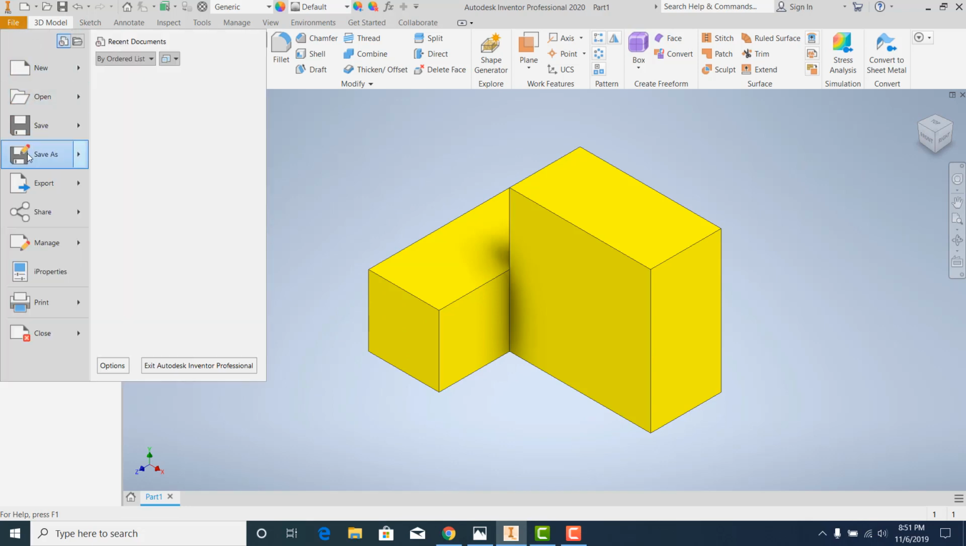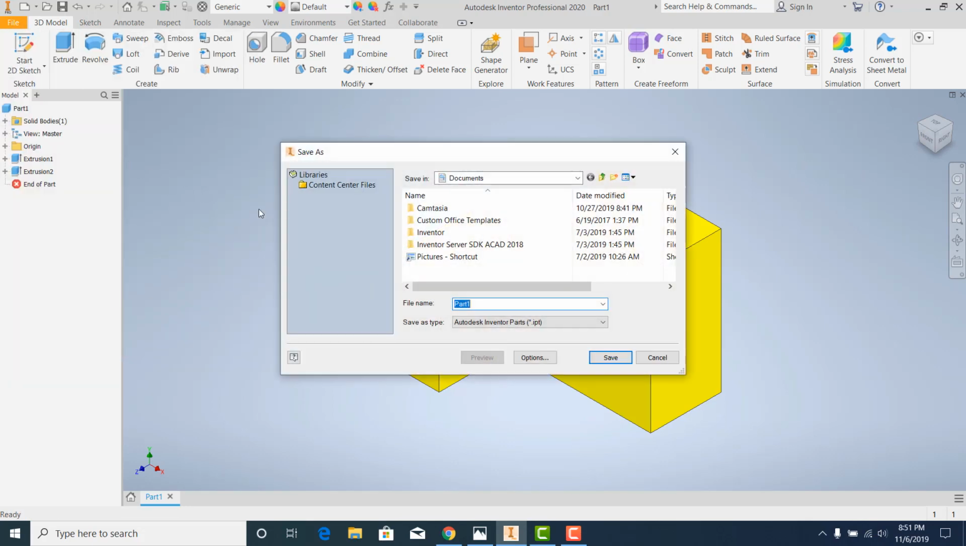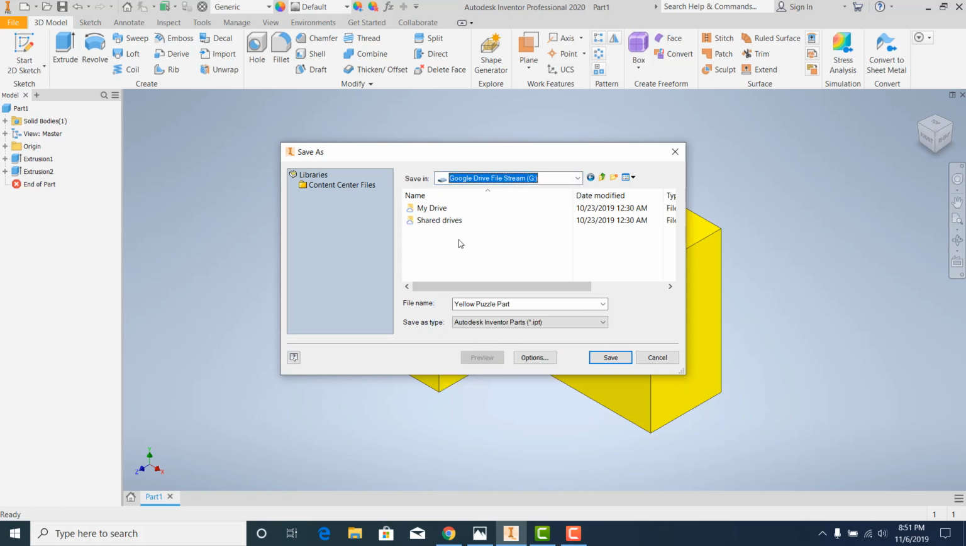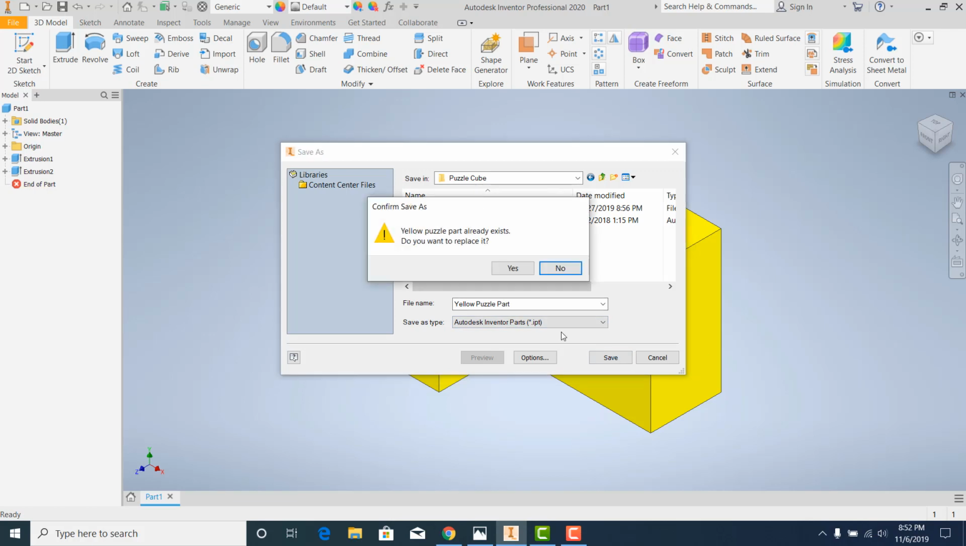So I'm going to go to File, Save As. At this point, you should have your Google file stream already downloaded onto your computer. I'm going to change this to yellow puzzle part, and I'm going to save it to my Google Drive file stream, my drive, and then you should have a design processes folder, and this is the puzzle cube project and yellow puzzle part. Save,